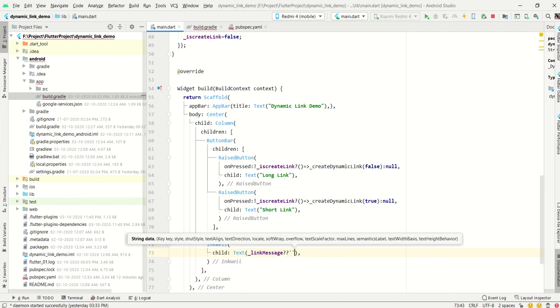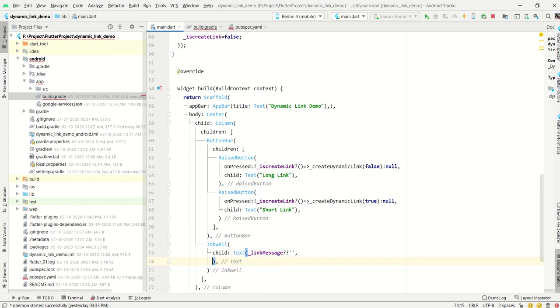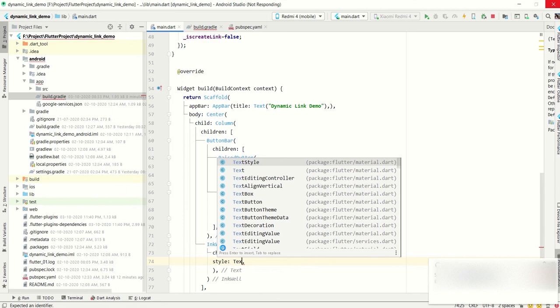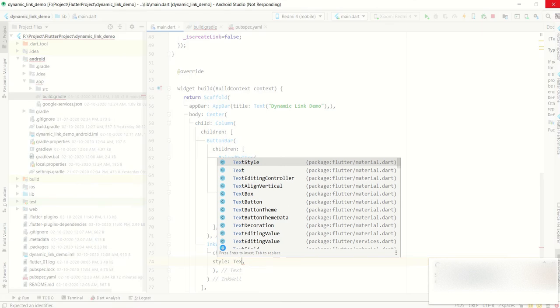Then I change the color of that link because it should be different, otherwise everything is colored the same and we cannot decide where the link is. So the color should be blue. I just take the blue color.